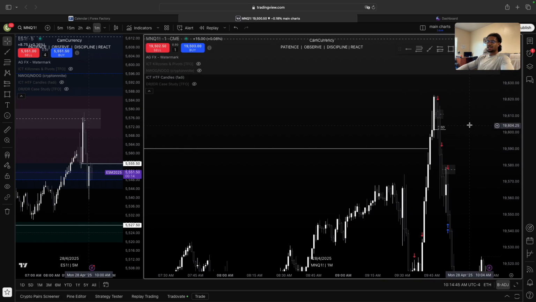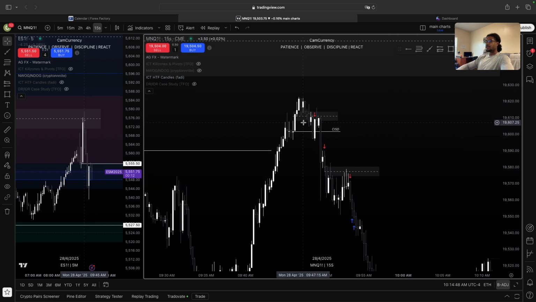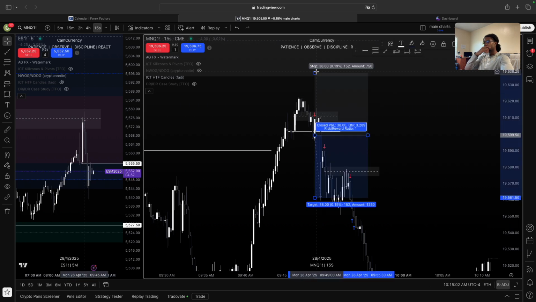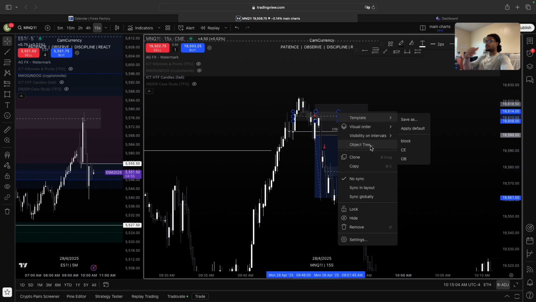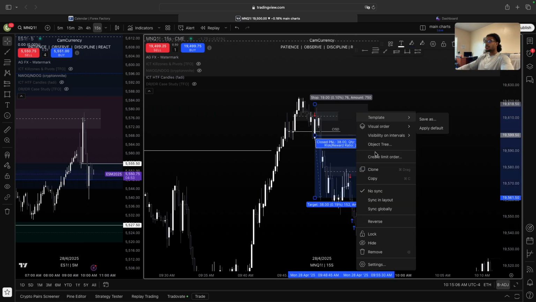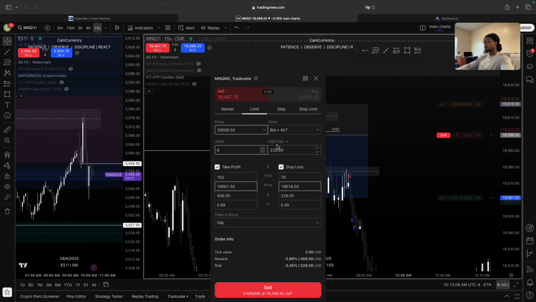I then moved my stop to break even after we got the inversion fair value gap change in the state. We also respected the inversion fair value gap. Because at first my initial stop was, where did my fill at? My fill was at the bottom. So my fill was here. Initial stop was right here. I was in 5 contracts. I'll show y'all my initial risk here. Initial risk was about $200